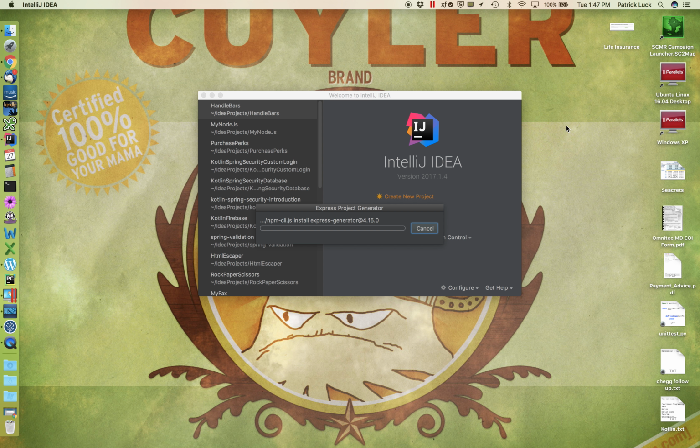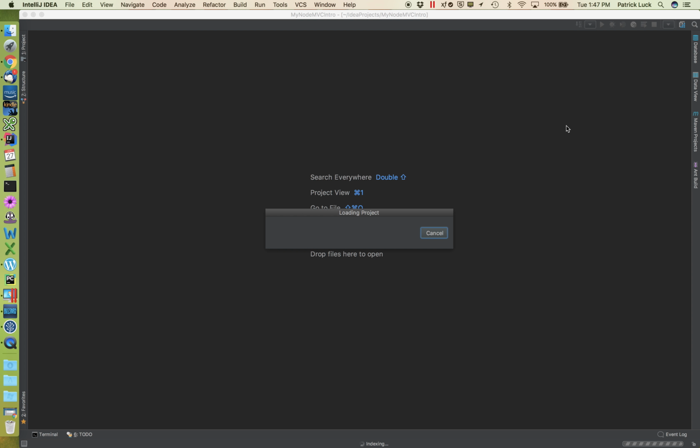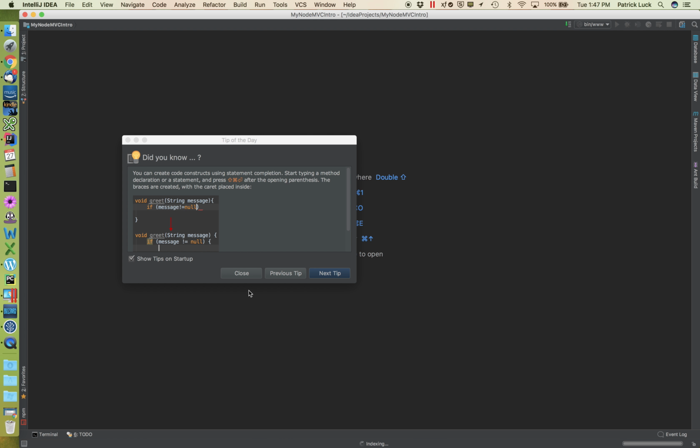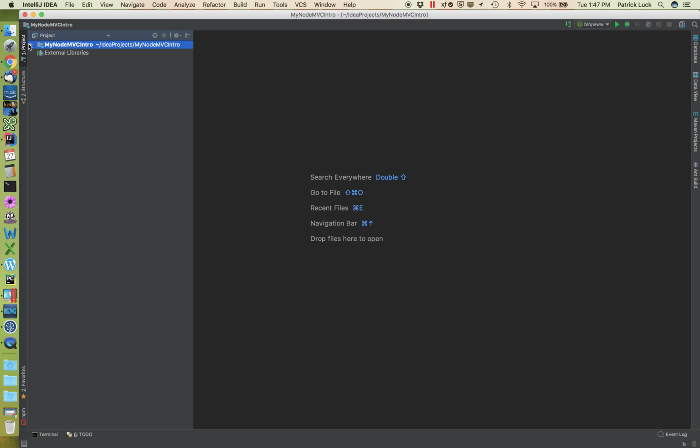And what we're going to get is IntelliJ is going to create a skeleton project for us. So let's just give that a second to load. Okay. So it's almost done here. And boom. You can see when we expand it on the left-hand side, this is our skeleton project for our Node.js. And the first thing we want to do here is work in this views folder and open up